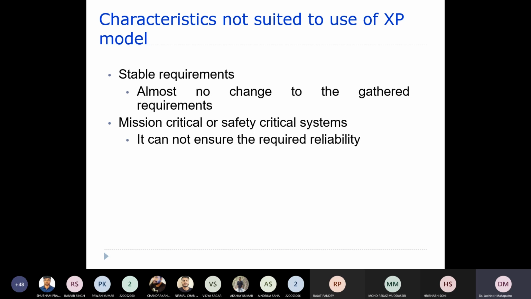The user might have given all these things, as in the example I gave of a library. After collecting all of these stories, we take them up one by one. A few stories will be taken up by the development team, and they will implement that story, and then it will be delivered to the client. After taking feedback, they try to modify again and again.